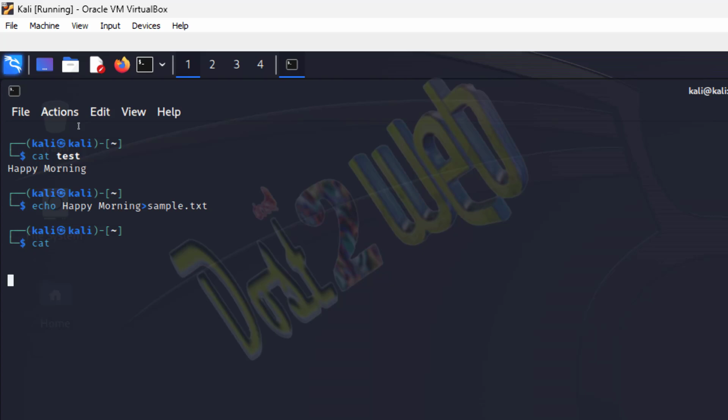And if suppose your command gets stuck, how to exit? You have to press Control C. Clear? You have to press Control C. So, I will type cat, my file name is sample.txt, and it will give the same information. Clear? Try now.